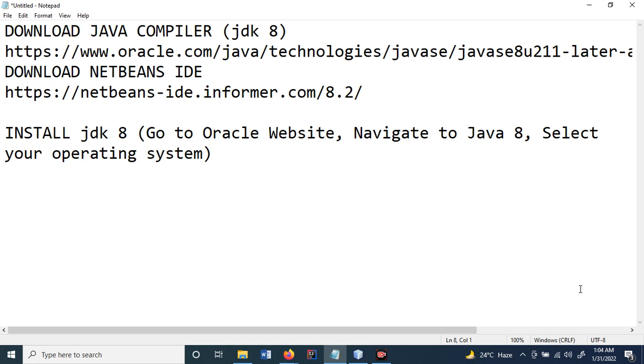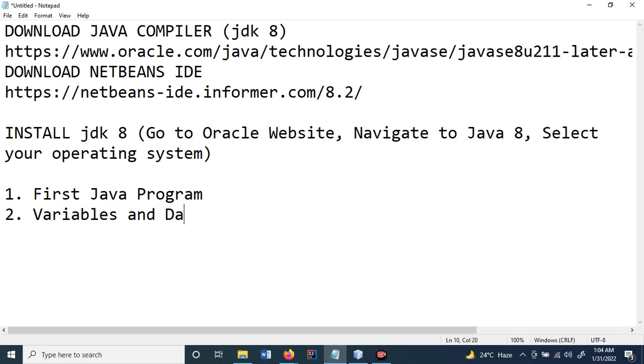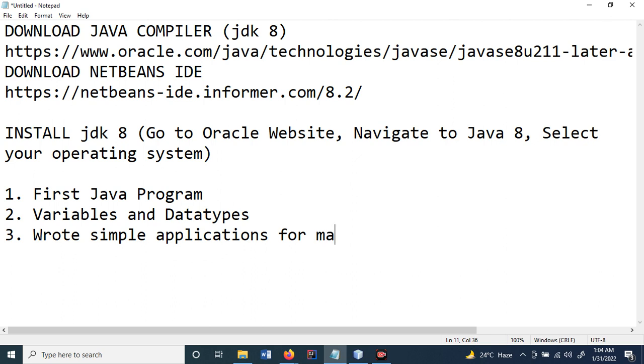Like I said, in this series we started last week, and we did our first Java program. We went on to look at variables and data types, and we saw different data types and how we can use them in Java. We went on to write very simple applications for mathematical operations,